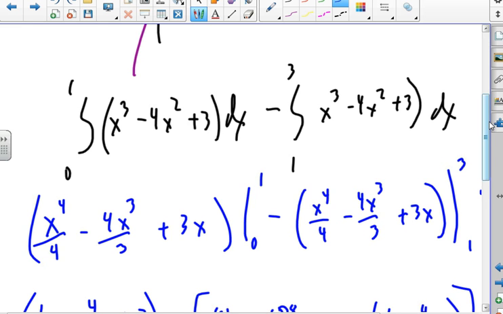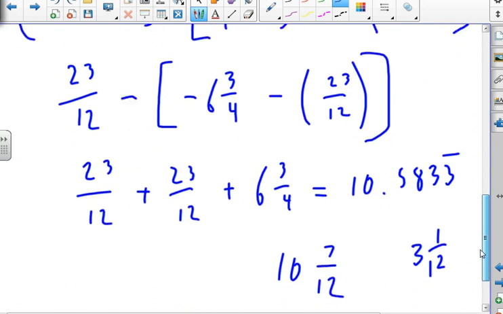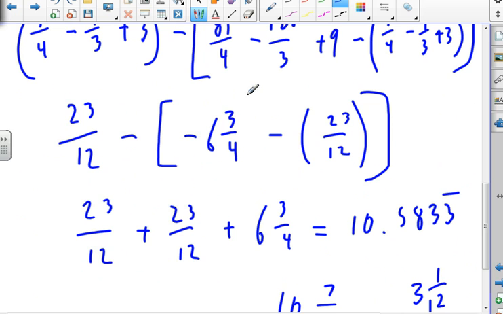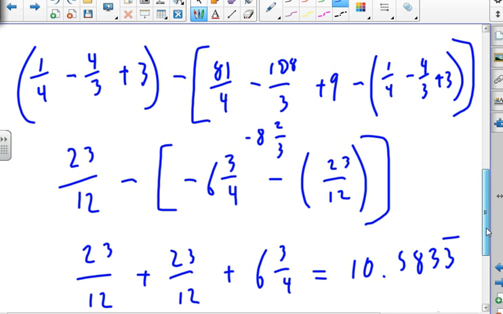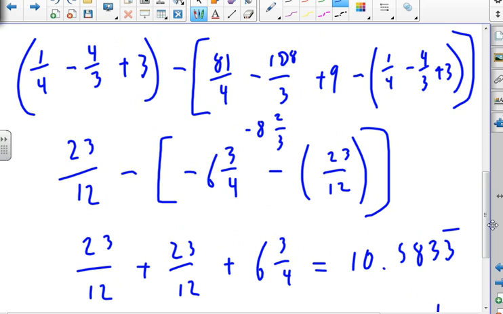I got too many parentheses now. Okay, good. It says it's minus 8 2/3. So minus 8 2/3 with a minus sign. This is going to be some number around 10. Okay, so what we did is correct, 8 2/3